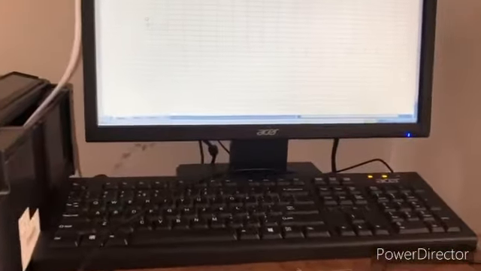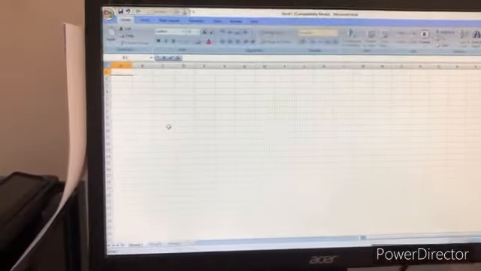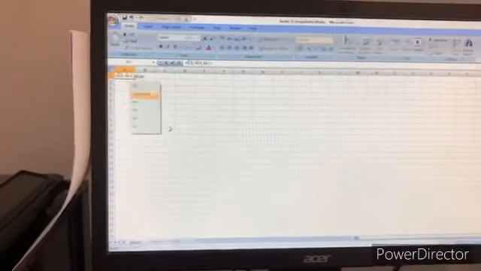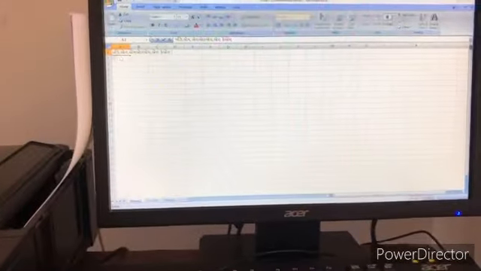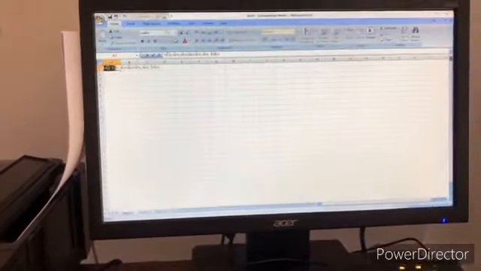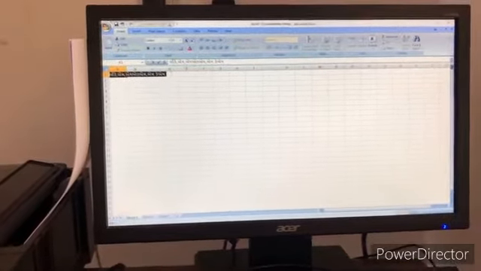Now the use of the keyboard: we type here, it's typing, right? Like this. Now this is the use of the mouse to select the text. See here, I select the text, and the use of the keyboard is to delete and erase, right?